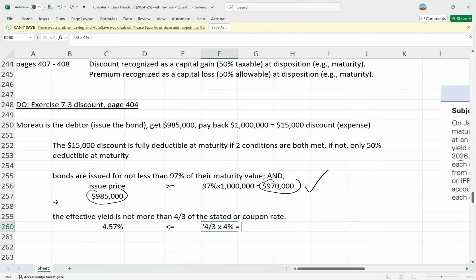4/3 of 4%. 4 divided by 3 times 4, 5.33%. So is the effective yield 4.57 not more than 5.33? It is. Another way of looking at that is, is 4.57 less than or equal to 5.33? It is. So because both are met,